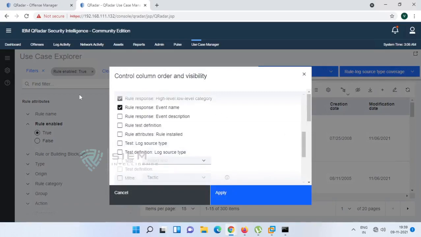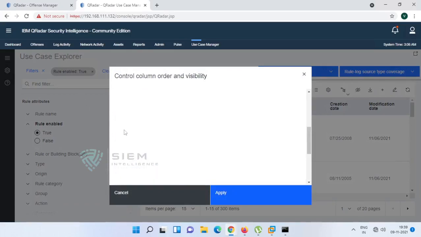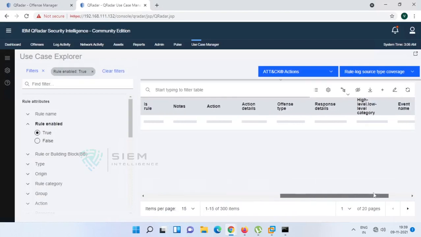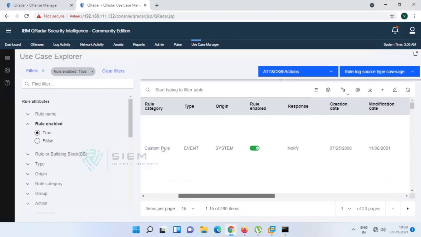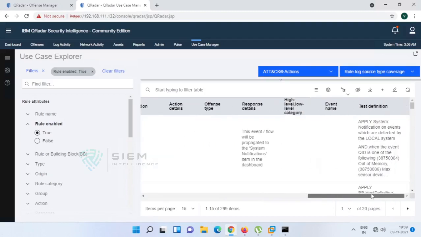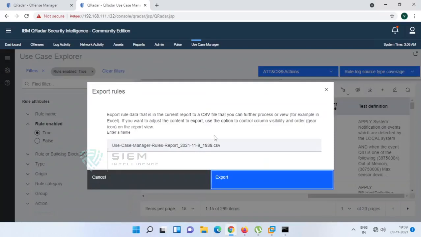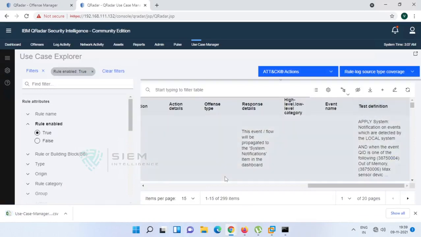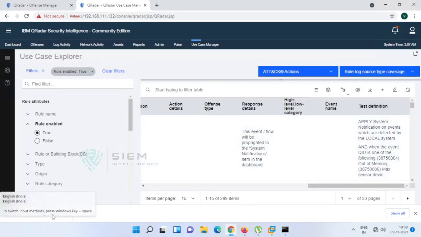See, test condition rule. If you click this, just apply, you can also get the test condition. What is the condition on which it is working? See, apply system notification on this. Like if you download this now, you will again get entire logs. It will take some time because we have added so many things. Yeah, it's downloaded. Now see, you will find the test condition.